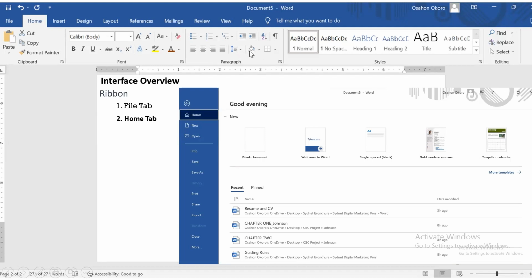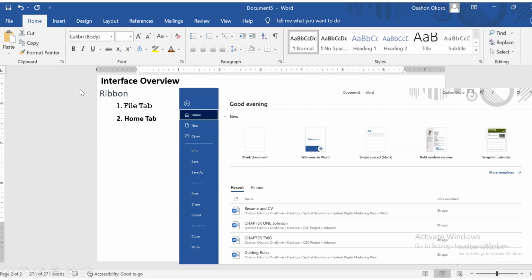Then you have the bucket that will put an actual color on your text. Then you have your boxes. Maybe when you have inserted tables, you want to have them underlined. All these are tools that you can use in editing any paragraph that you have. Maybe, for example, you have a list of characters or text that you want to list out. You have it in your paragraph section. So all these functions are buttons or keys that you can use to effect a change on a highlighted text.